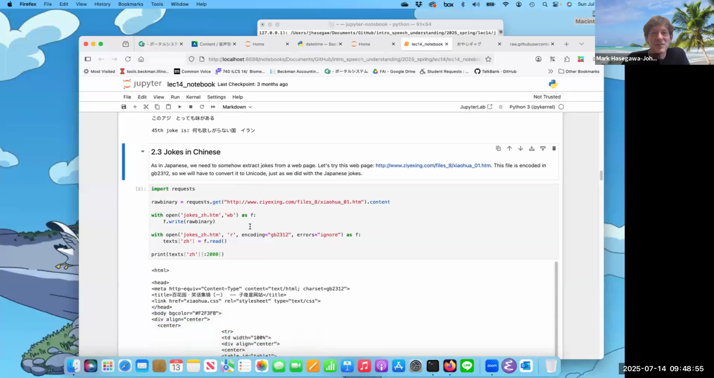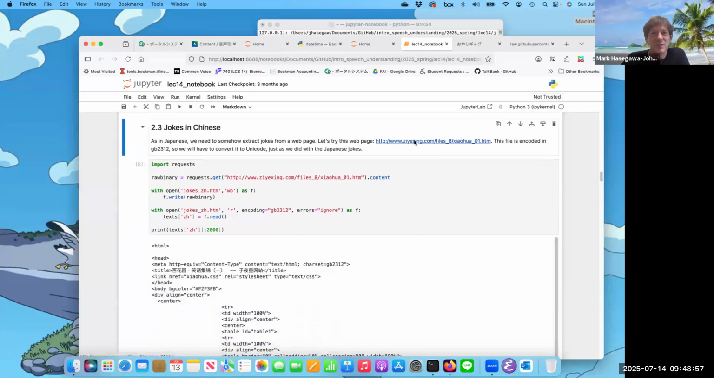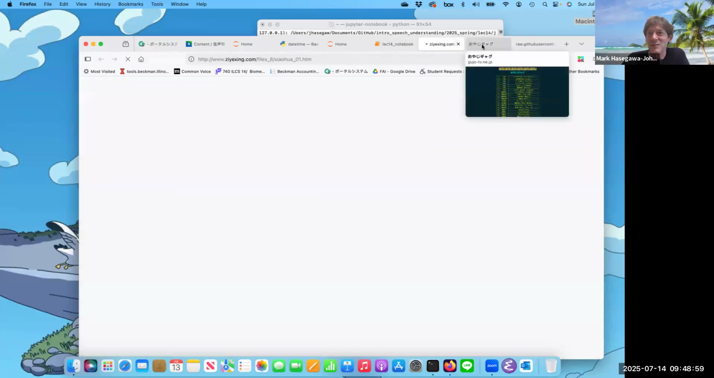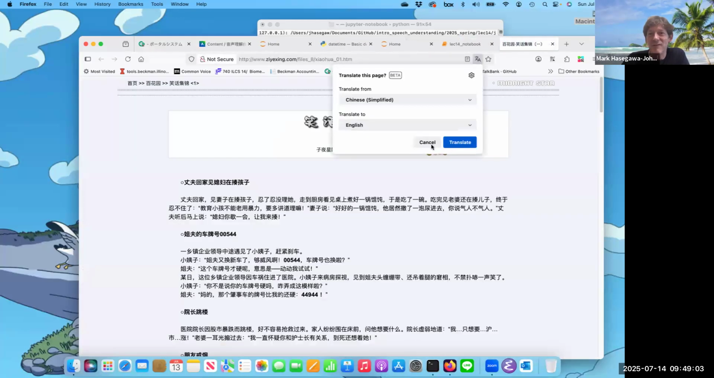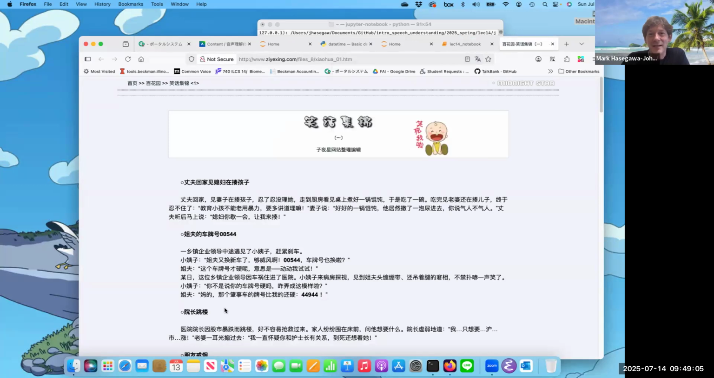Now let's try to find bad jokes in Chinese. I have no idea if these jokes are as bad as the jokes that we have in English and Japanese because I can't really read Chinese. But here's a series of jokes that I found in Chinese. And so let's go ahead and read in these jokes and whatever they are, and we'll use those as our